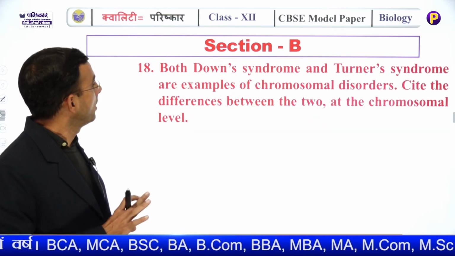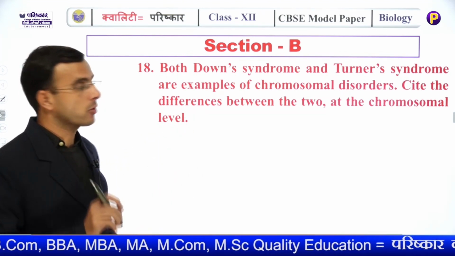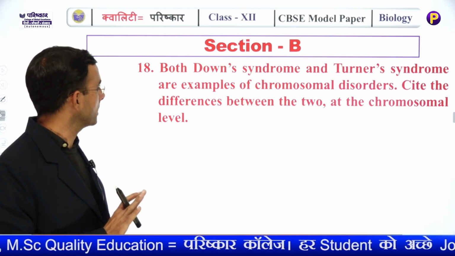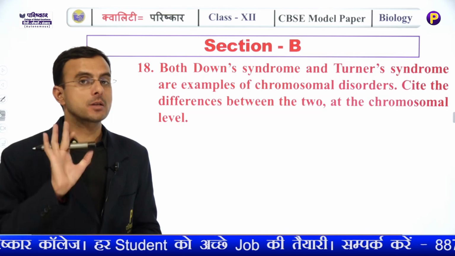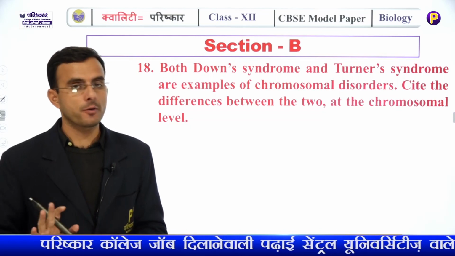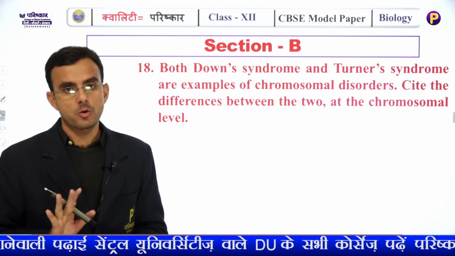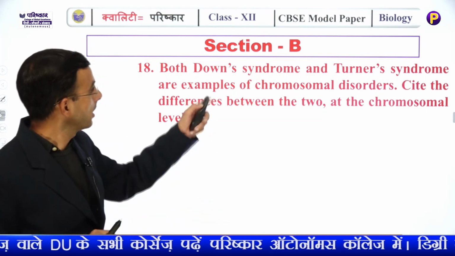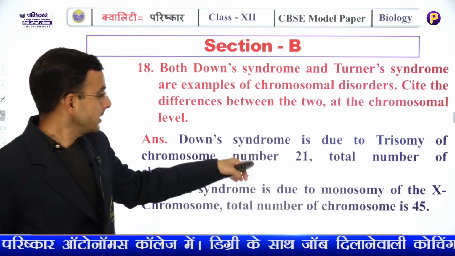The second question is: both Down syndrome and Turner syndrome are examples of chromosomal disorder. Cite the difference between the two at the chromosomal level. Now, in a eukaryotic cell, every cell has a fixed number of chromosomes, and we can say every species has a fixed number of chromosomes. Like in the human cell, there are 46 chromosomes. If that number 46 is changed, what is that condition? So Down syndrome is caused because of trisomy in the chromosome number